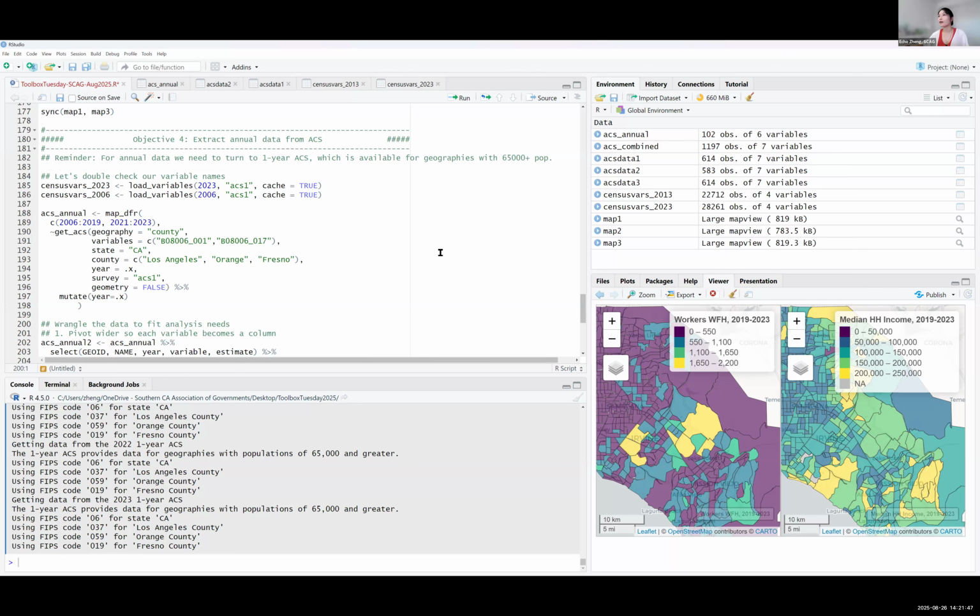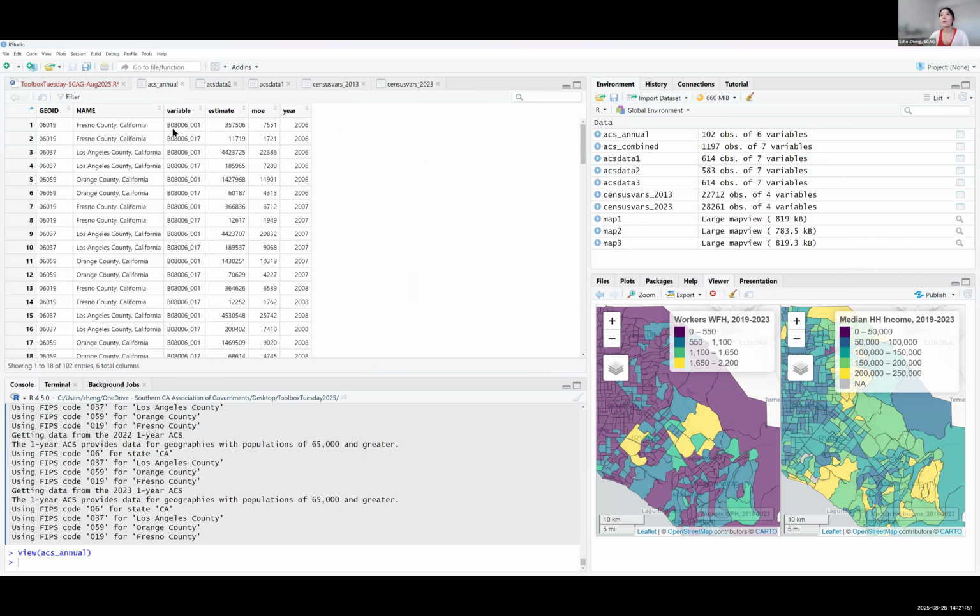Well, it takes a little bit longer because you're doing 3 counties, but basically, now for each county, you get 2 variables: total workers and work from home workers, and you have the year created for each of them.